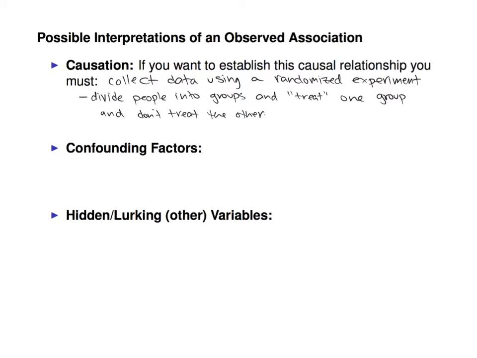I changed my notes and failed to change my slides, so I'm going to add in a slide. You ready? The next thing Yort says is there are at least 4 possible interpretations of an observed association between the explanatory variable and the response variable. Explanation number 1 is that there is causation. The explanatory variable is causing a change in the response. This can only be concluded if you do a randomized experiment,